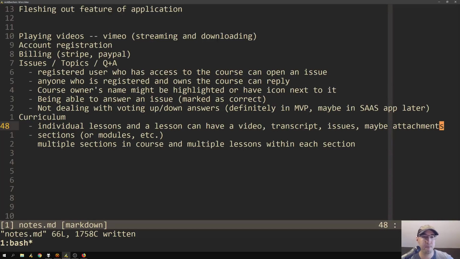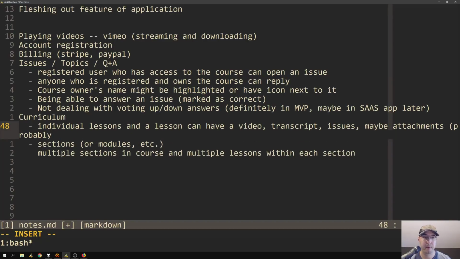because that's actually a pretty big differentiation of how it works at the database level. Is the attachment attached to a lesson, and then you can have multiple attachments maybe, or do you want to have just one attachment at the course level? Yeah, I'm thinking maybe attachments probably at the lesson level,